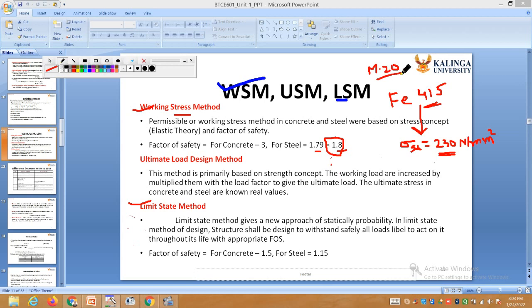So M20, I have explained to you, is the characteristic strength of concrete. M stands for mix and 20 is the numerical value. 20 newtons per mm square is the characteristic strength, meaning concrete will have a compressive strength of 20 newtons per millimeter square. But when a designer designs